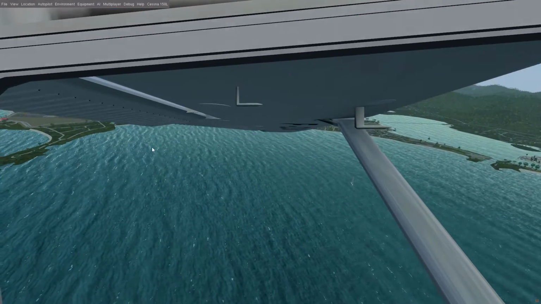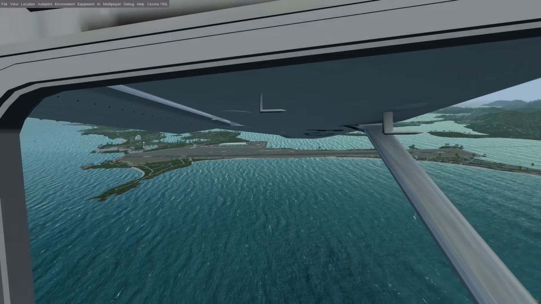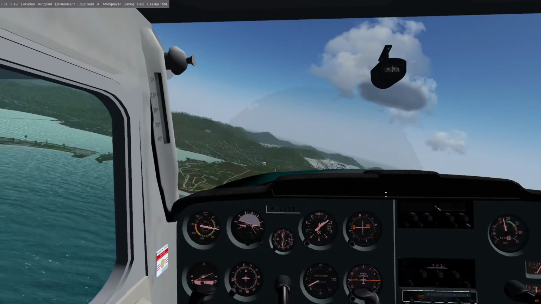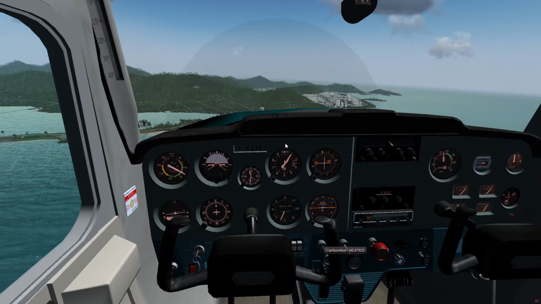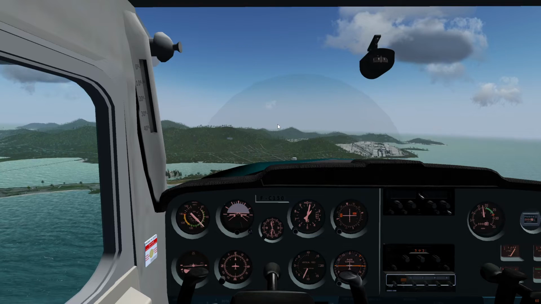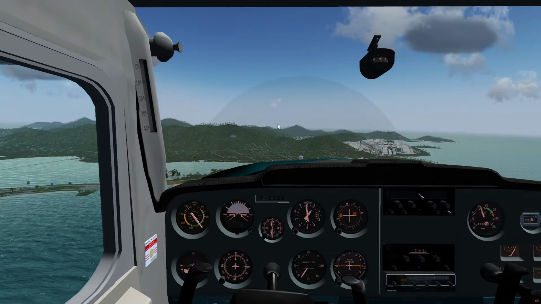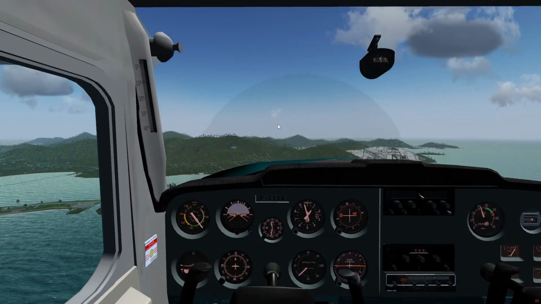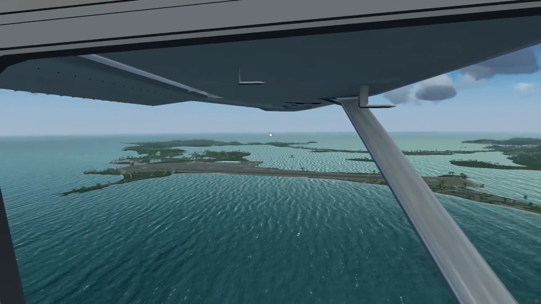And FSX was my go-to simulator back in 2010, 2011, so we're talking like 15 years ago. It's such a long time. Set that carb heat on, keep our RPM at 1700 for a powered descent. As you can see, we're descending. We should be descending at a decent rate, about 80 on the speed